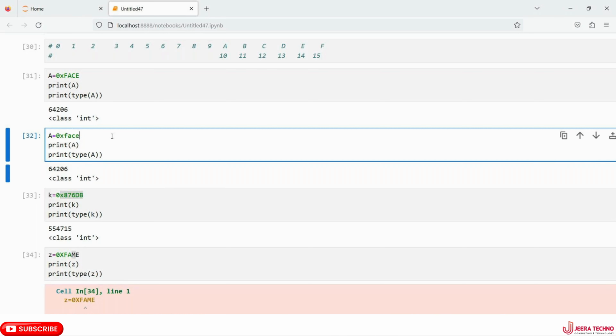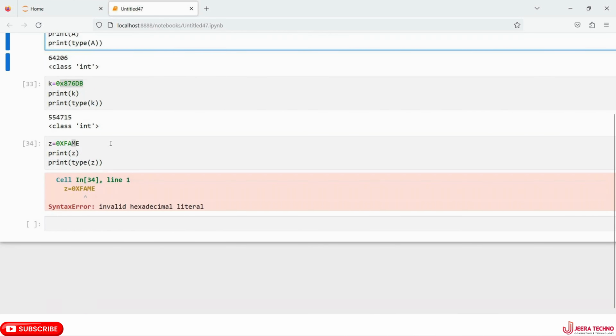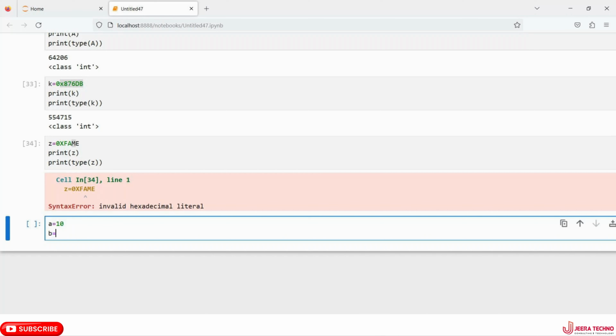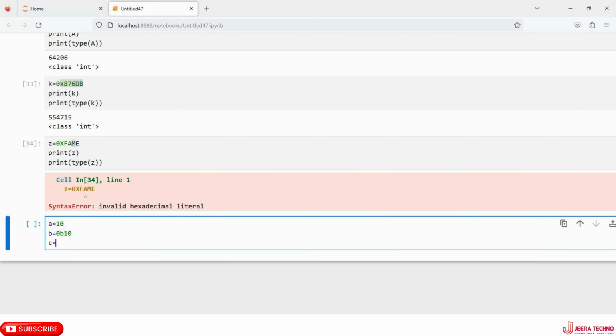Means they will keep you for the long term project. If people write the normal way of coding, it is common, right? So nobody can accept that. You go for an innovative and unique level and fast. And by seeing the code, you should make them think this was written by a professional expert. Like that you need to come. Okay, so A equal to 10, then B equal to 0B,